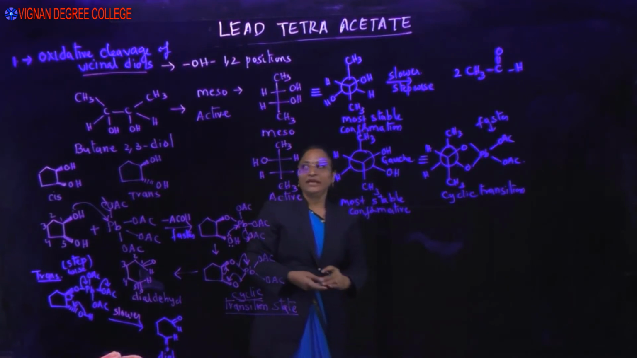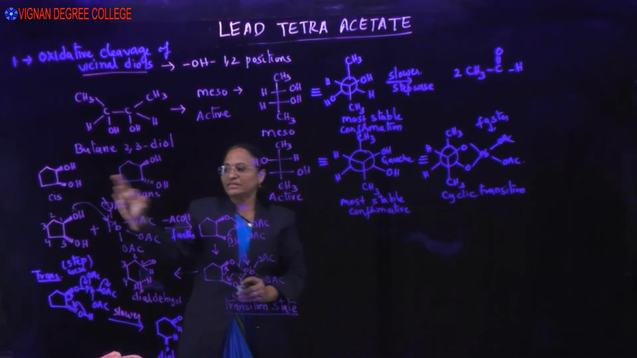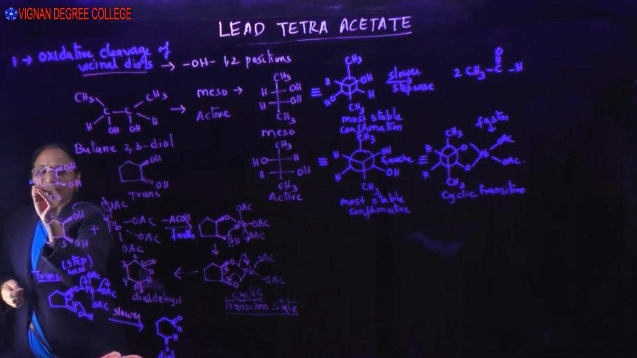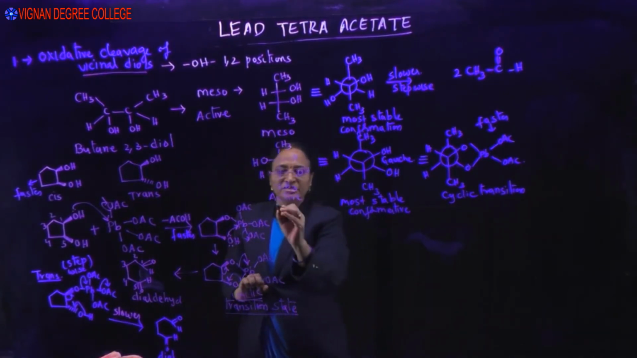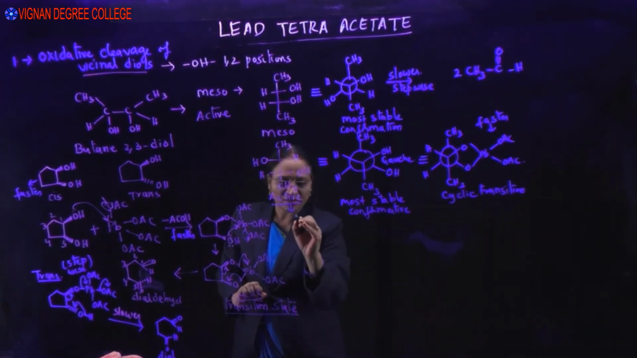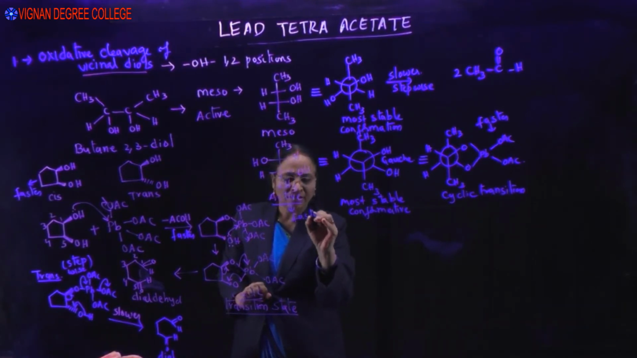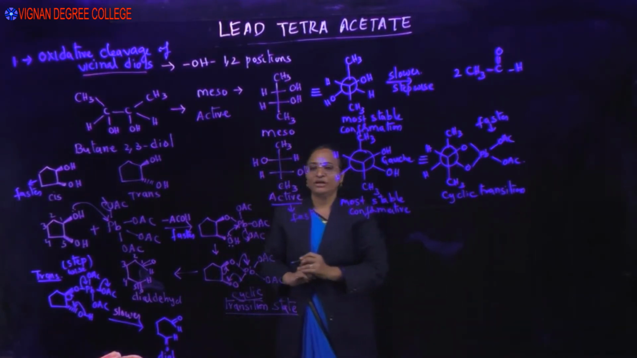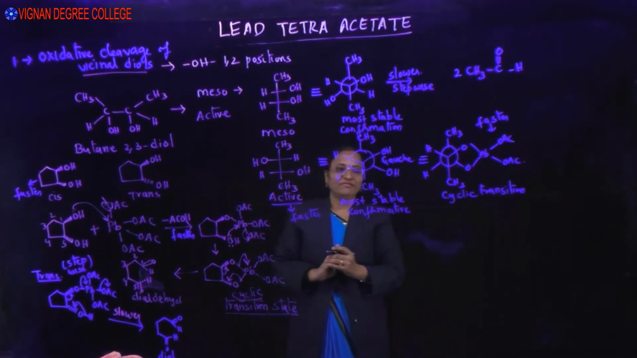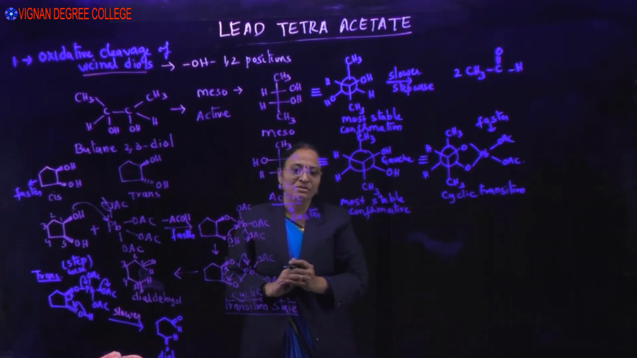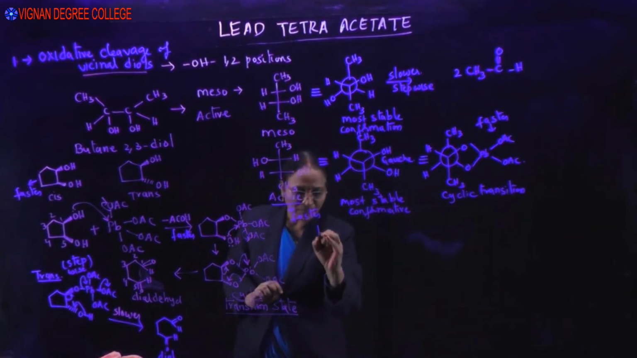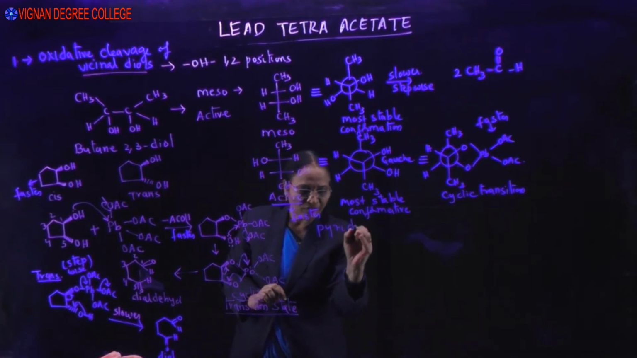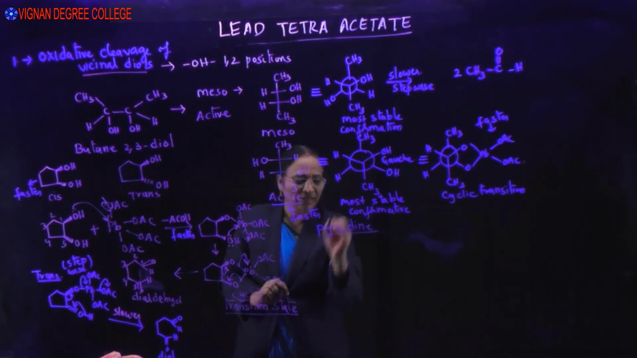meso diol. So in case of cyclic diols, the cis-diol undergoes oxidative cleavage at a faster rate, whereas in case of acyclic diols, it is always the active form which undergoes the reaction at a faster rate when compared to your meso diol. So this is about the oxidative cleavage of vicinal diols, which generally takes place with acetic acid as the solvent. But when you are using pyridine as a solvent, even with